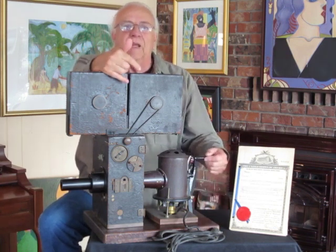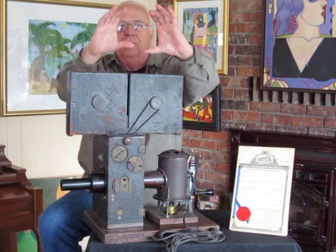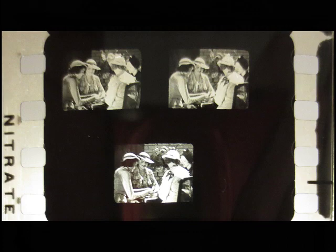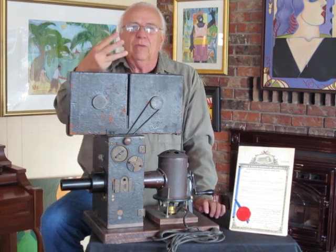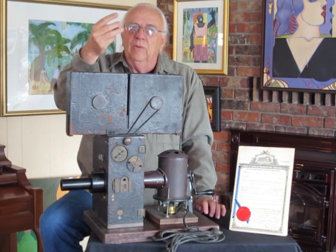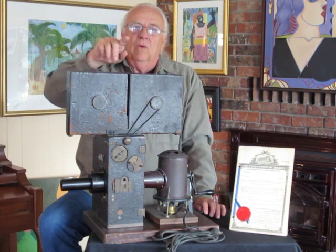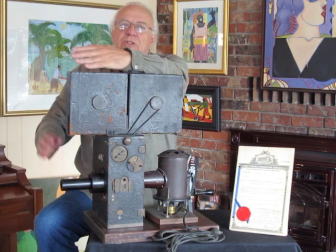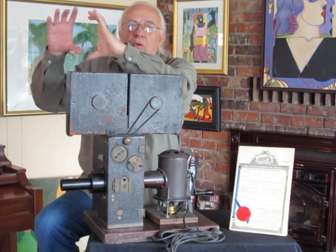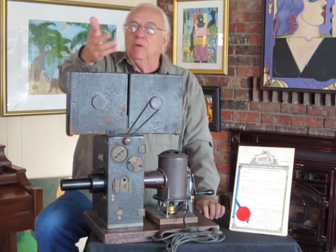Now, this color system takes 3 images simultaneously on a single frame of 35mm film, so there will not be any color artifact. Inside the lens, there's a prism with 3 color filters, a red, a blue, and a green. Each image has its own color. When projected back through the prism and the filters, the 3 images converge onto one screen into one frame in color. The problem with major motion pictures